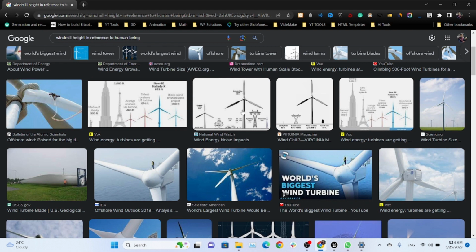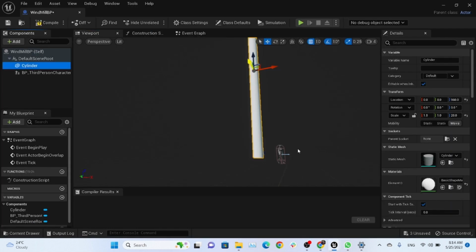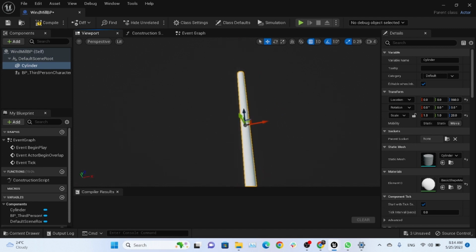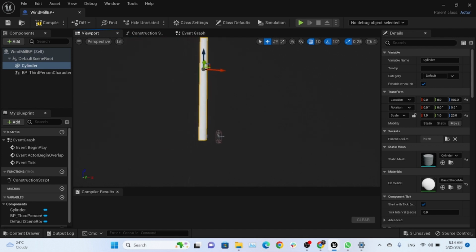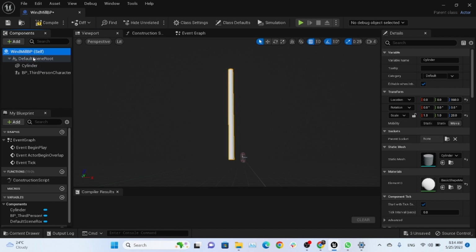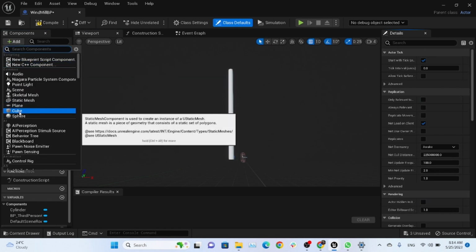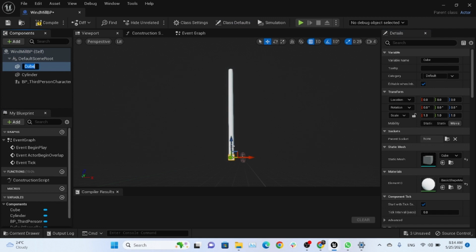Now we need to create the blades and this rotor and this turbine which converts the electricity. For creating the turbine, as we are not going into much detail, because we are going to use this asset in the game or somewhere like this, where it is just standing far away from the viewer, we will just create a cube here, bring it upward,